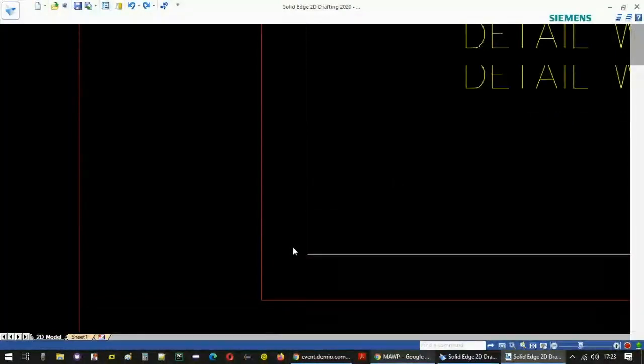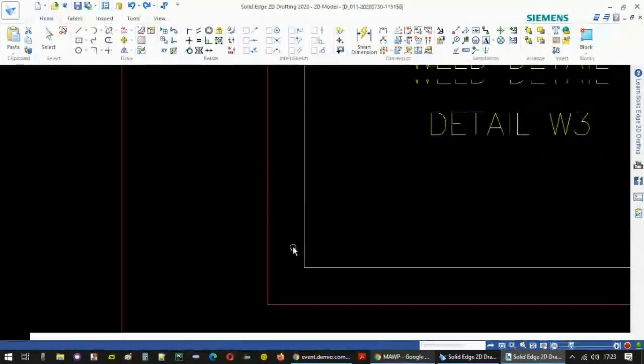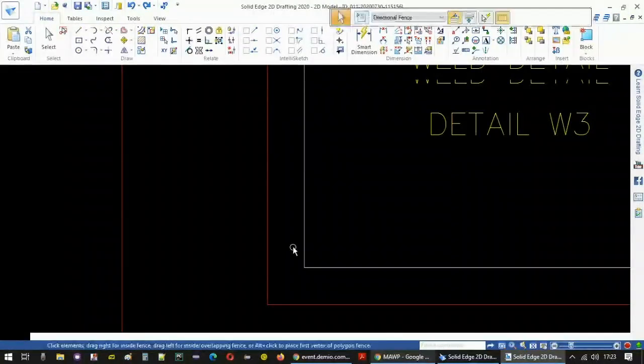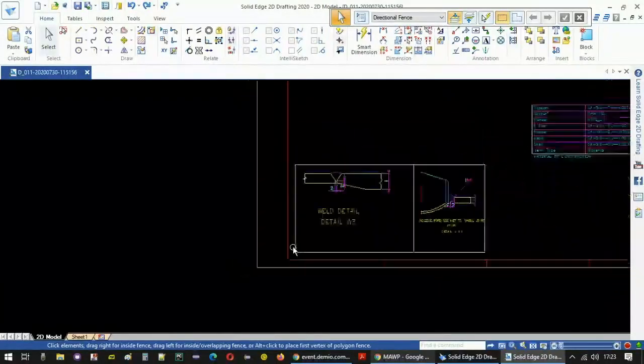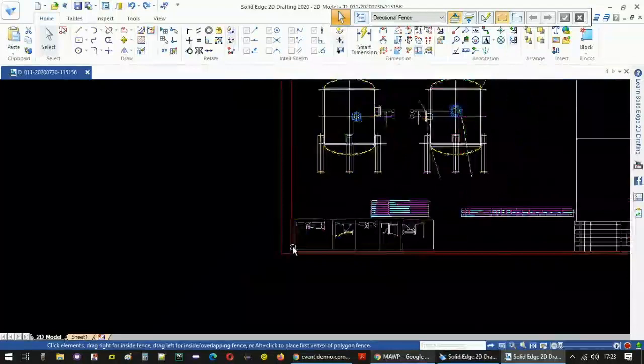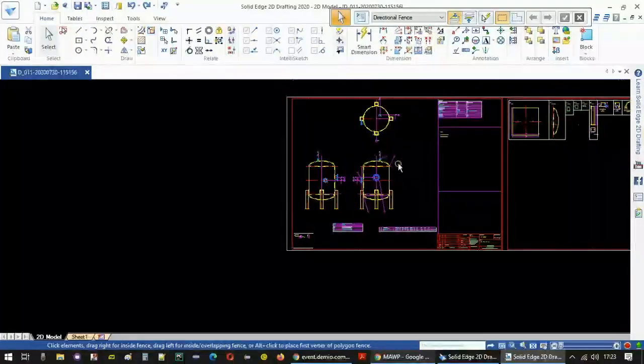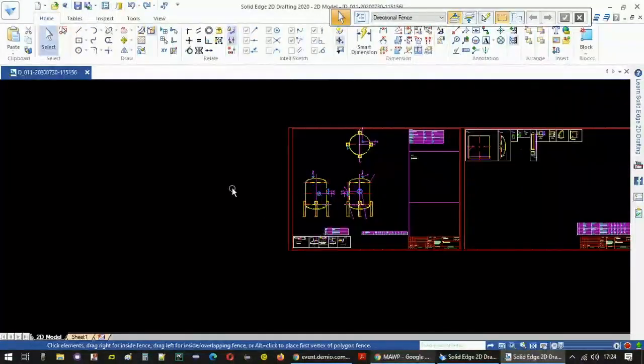Okay, so here we have the 2D drawing. You can see the drawing is generated in the 2D format in the DXF file.